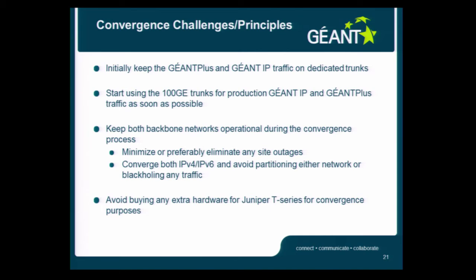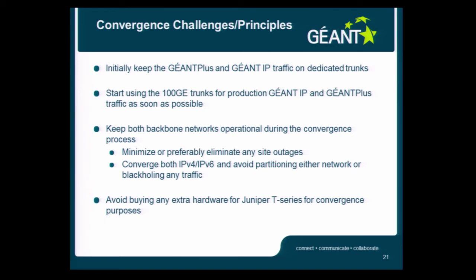So as I said, the Infinera migration started in June, July and ended in May this year, but we started convergence in February. So we were in the middle of our DWDM migration when we started the convergence. So not all the trunks were 100 gig, but some were. So when a new trunk came as 100 gig, we wanted to start using it as soon as we can, rather than just leaving it and still using the 10 gig.